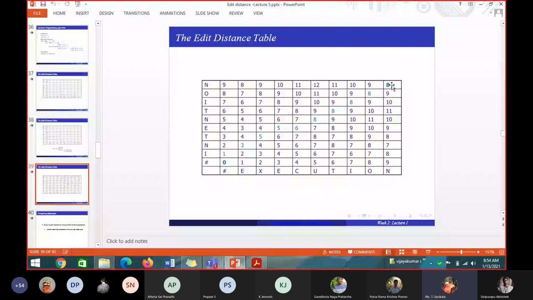So if I want to get this 8, which are all the values I have to take? Which are all the values I have compared to find this value 8? I am comparing now n and n, the 8 value I have circled. If I want to get this 8, which are all the values I have compared? 9 plus 1, that is 9 plus 1. Down 9 plus 1. Diagonal is 8 plus 2 or 8 plus 0. Which one I have to take? 8 plus 0.